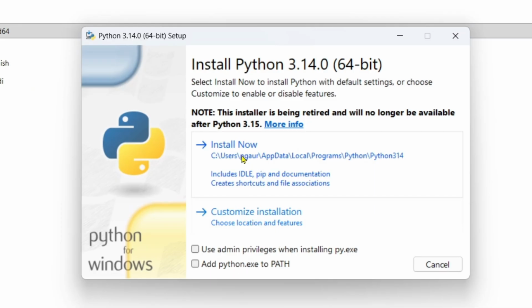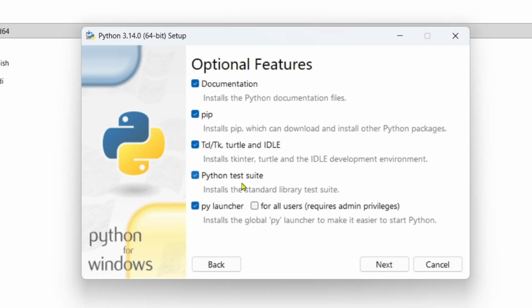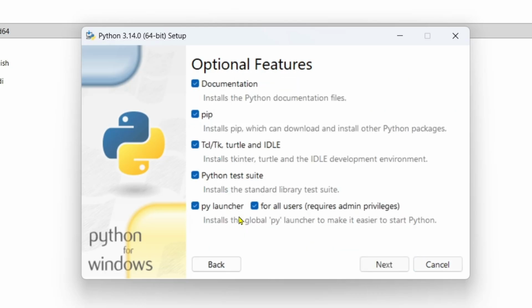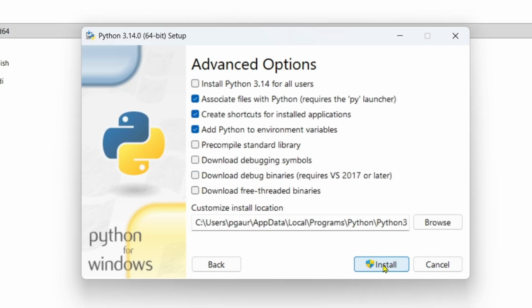Install now, customize installation. Just click on add python.exe to PATH. Click on customize installation. Click for all users, because if you have more than one user on your system and you don't tick this, other users may not be able to use Python. If you tick this, other users also may be able to use it. So use admin privilege, add python.exe, click on customize installation, tick all the boxes, click on next, install Python